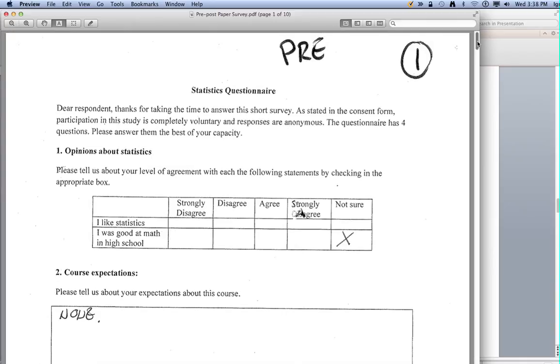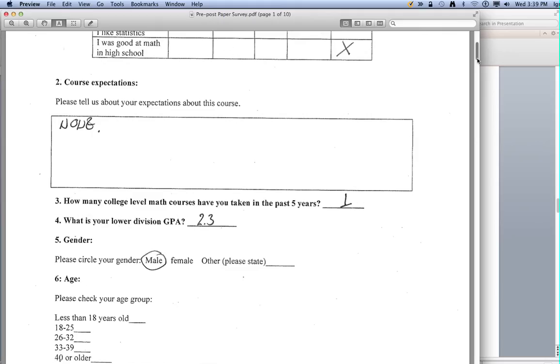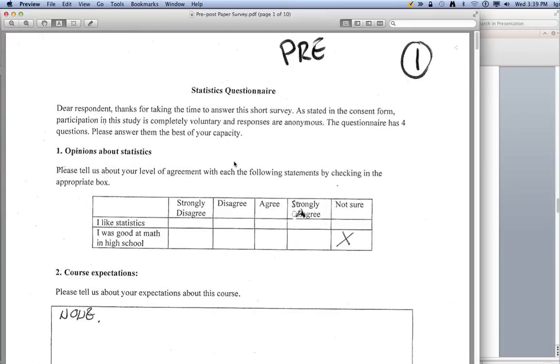Let's suppose we ask students to give us their reactions before they enter the course, before they enter 385, and we ask them their opinions about whether they like statistics or not, their expectations and their GPA, to see if anything has changed after their experience in 385. So in pre-post data,